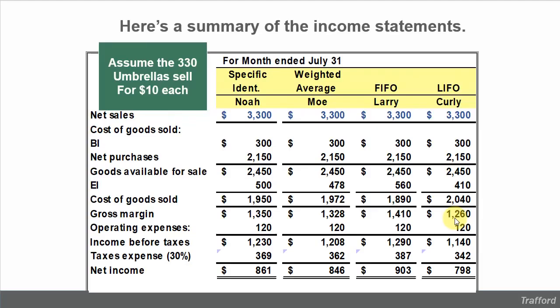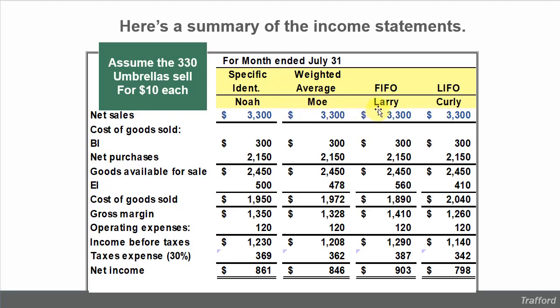And before I close this video out, I just want to show you a little summary of the 4 different methods. And in the next video, I'll talk about this in more detail, and we'll talk about some of the theory and why companies make the choices they do. But let's assume now, remember I said that Noah was going to hire some friends, and they were also going to sell umbrellas. So we're going to assume that Noah hired these 3 friends,